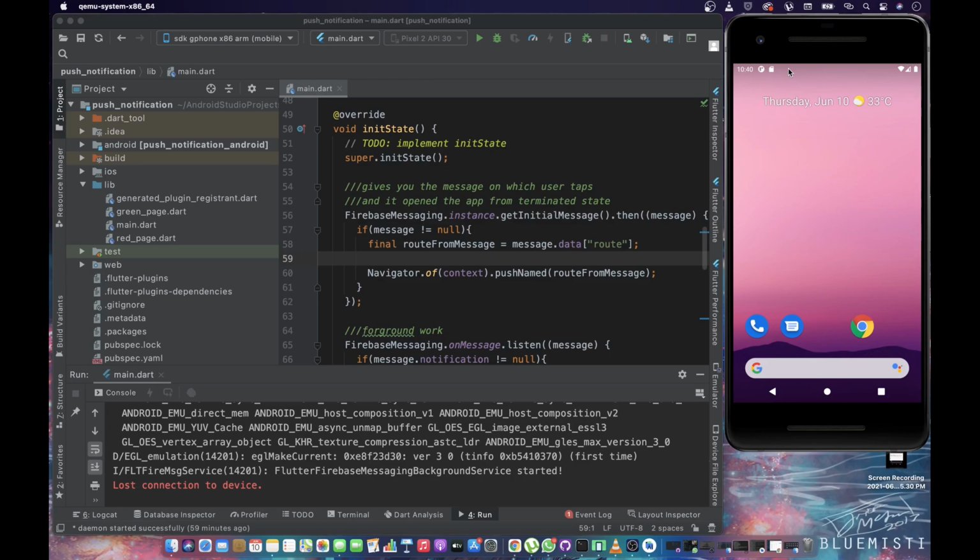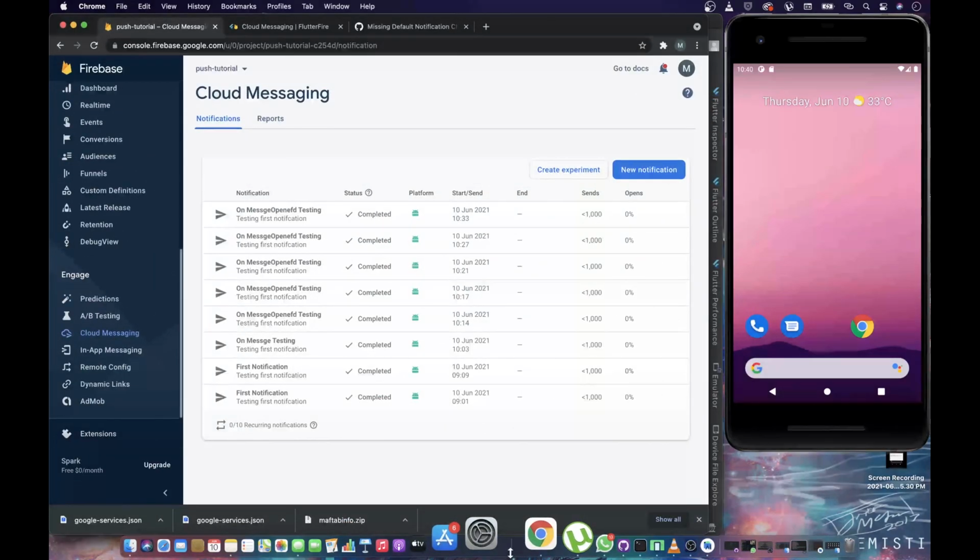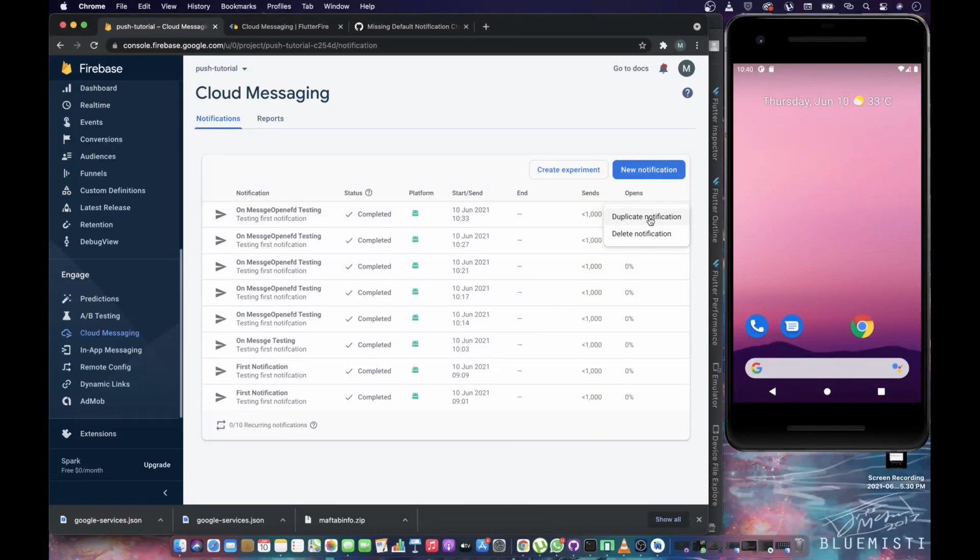But right now, if we just talk about background, we are receiving the notification, but we are receiving it in the system tray. We are not receiving it as a heads up notification, and that's actually the abnormality that we have to solve. And you also remember that whenever we are receiving some message when the app is in background, like if I send the message,